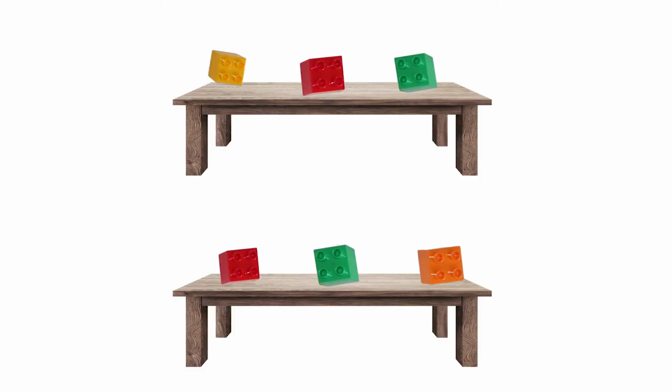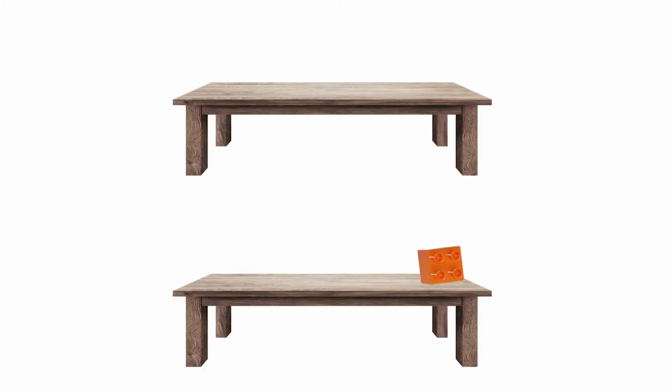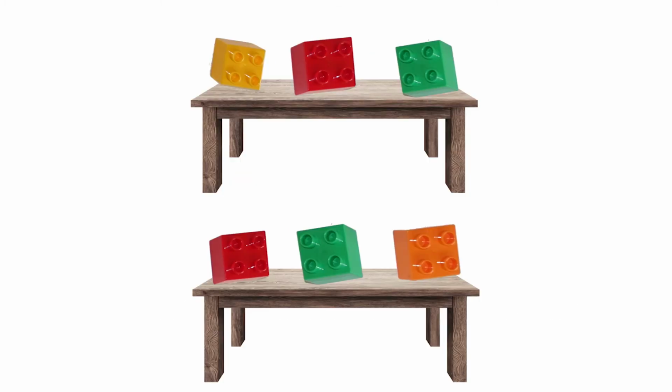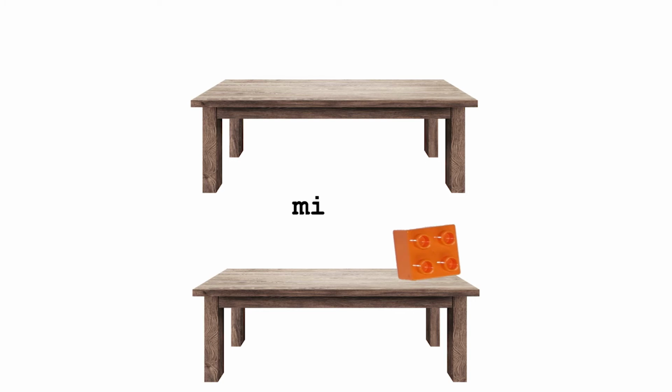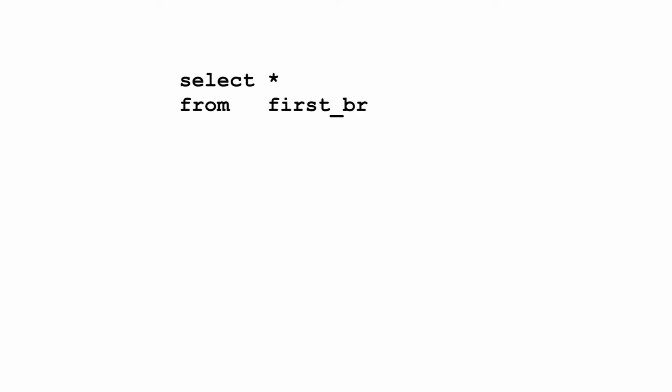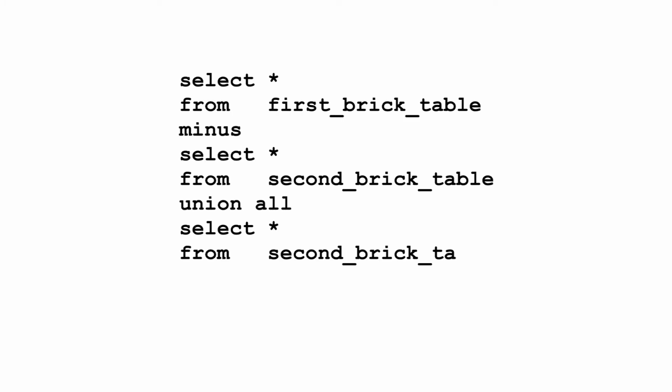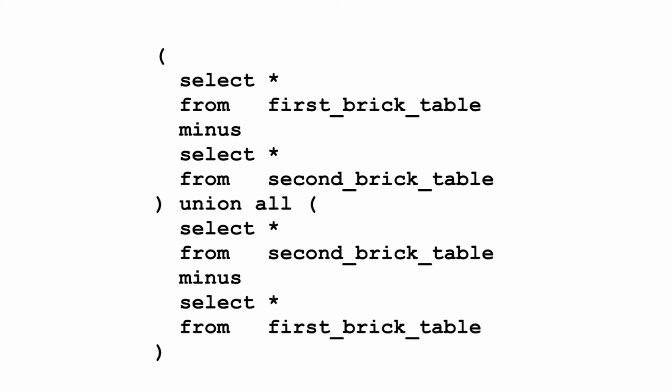But run this and all we get is the bricks in the second table, not in the first. What's going on? In Oracle Database, the set operators all have the same priority, so the query finds all the rows in the first table, not in the second, then it adds back in the rows from the second, before finally removing the rows from the first, which is the same as just minusing the first from the second. You fix this the same way as forcing order of precedence in any mathematical operation. Place brackets around the two minus subqueries. This forces the database to process these first, then combine the results.